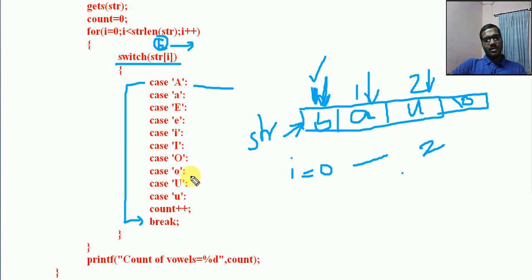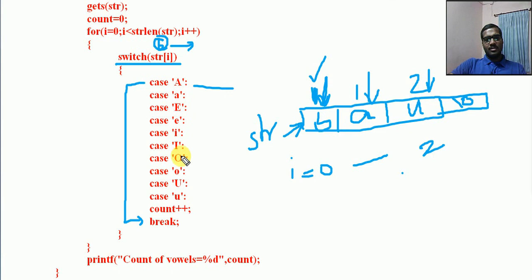If all these fail, it will come here, and finally count plus plus. Normally, with case A we write a statement and break, and it goes out of the switch. But there are many possibilities of having AEIOU, so from any of these characters we expect to reach this one. So we search for any of these characters. Count plus plus.